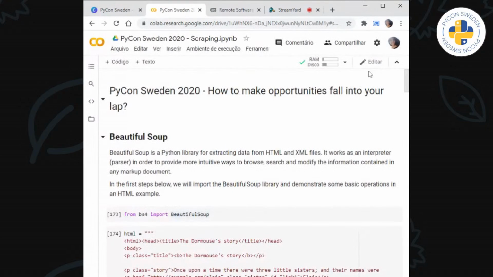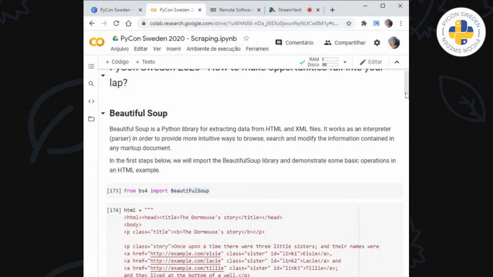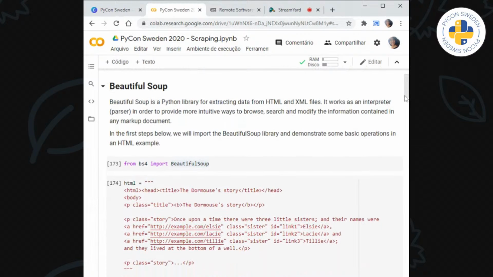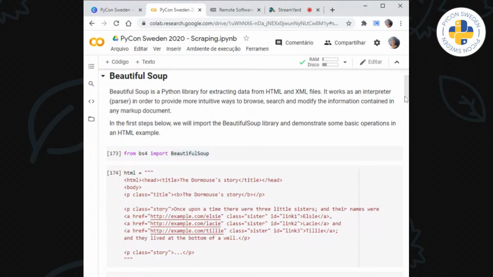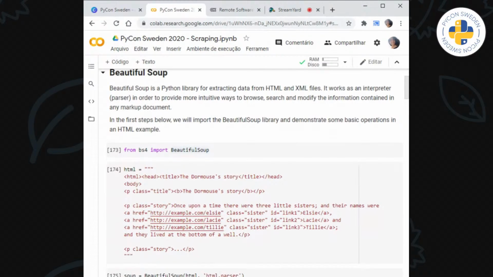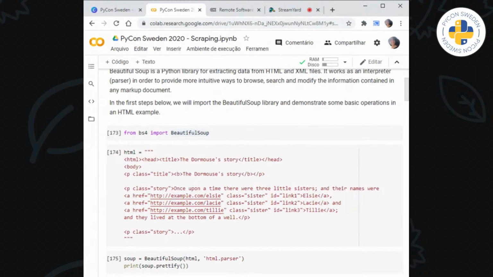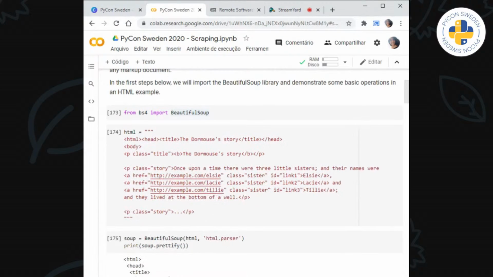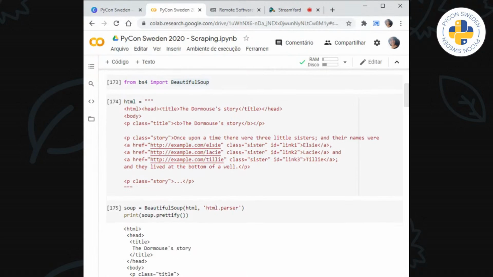So, as I said before, we are going to use Beautiful Soup. Beautiful Soup is a Python library for extracting data from HTML and XML files, as I already said. Here you can see a really basic tutorial you can find in the Beautiful Soup docs.